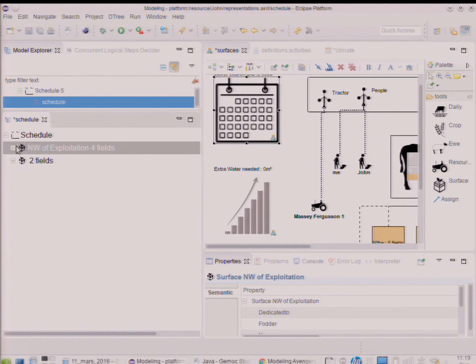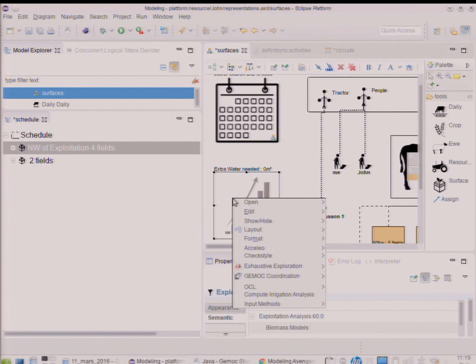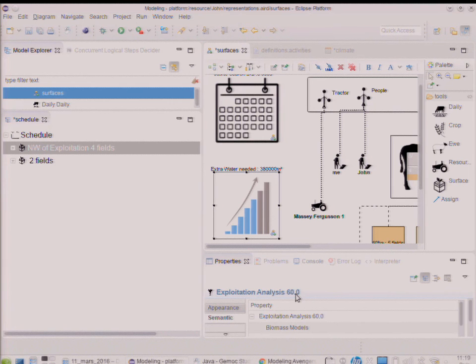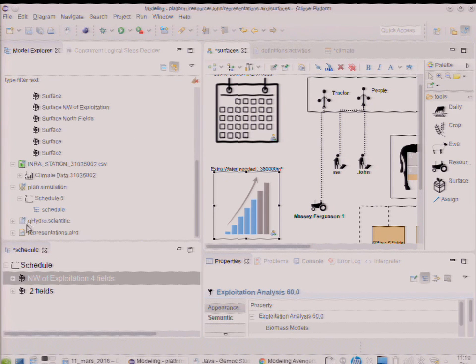So here we have the schedule, and from this schedule we can know when the seed will be in the soil, and so when it will start growing. And we can launch an analysis so that we know how much water we need. And this is kept in the other model here.